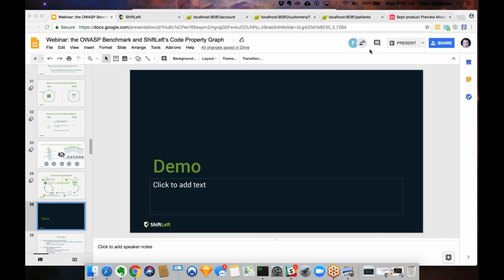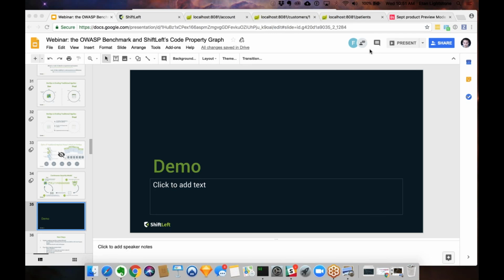There are slight differences depending on which language the agent is for. In the case of Java, which I personally am most familiar with, that agent runs inside the JVM with the application. Very similar to APM solutions like New Relic or AppDynamics, the way their Java agents would work and automatically